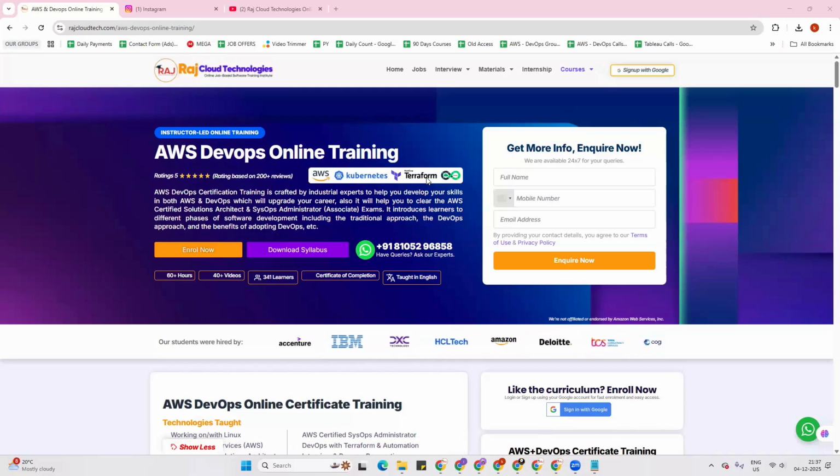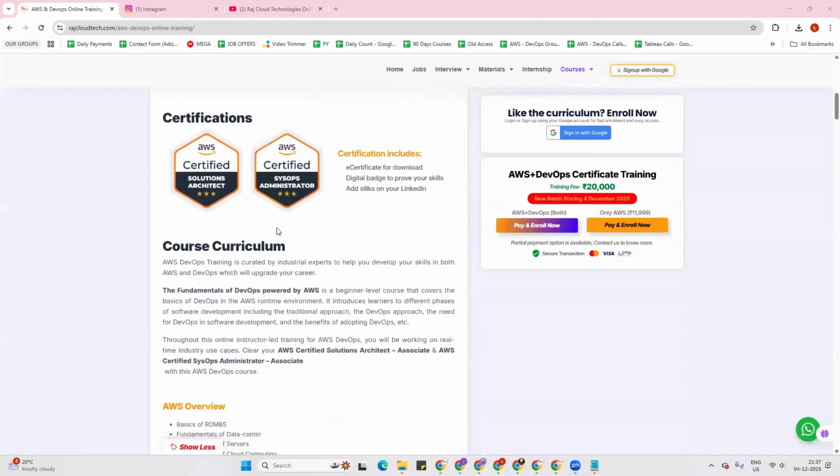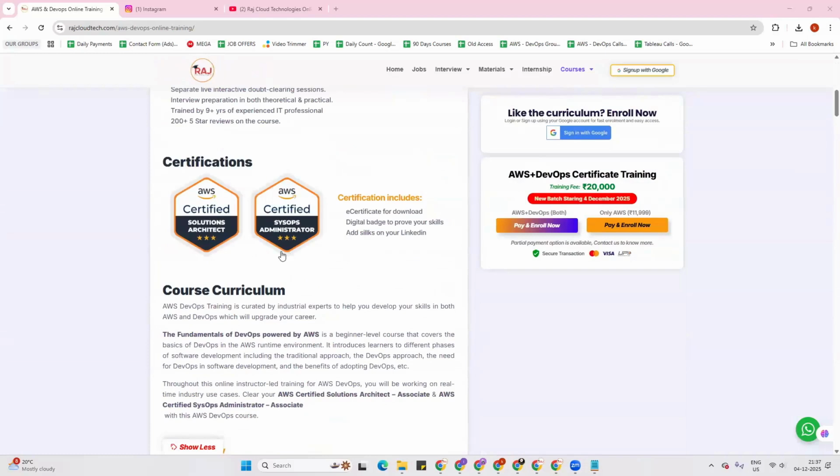Do you require certification for AWS? Right now I won't recommend anyone to go with the certification, because without certification also you can get the jobs. If you still wish to do it, or your client wants only certified people, at that time we can definitely go for the certifications.